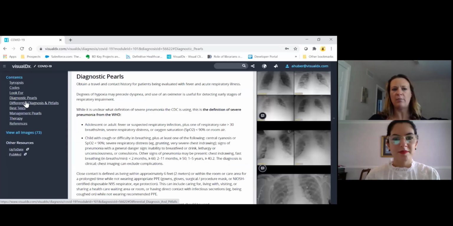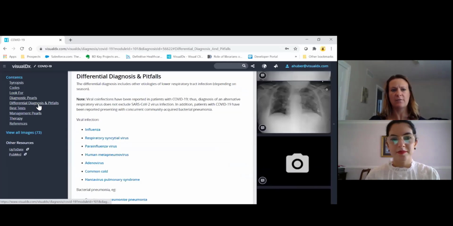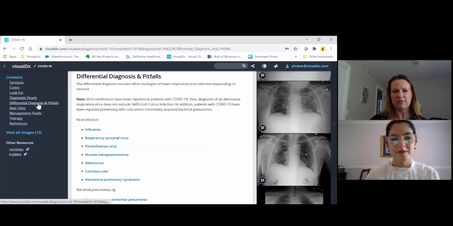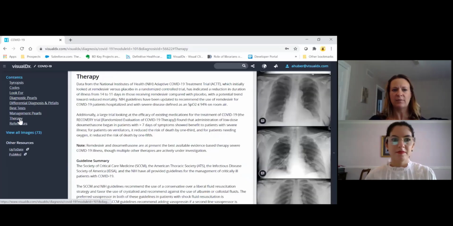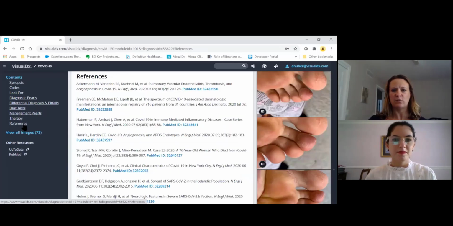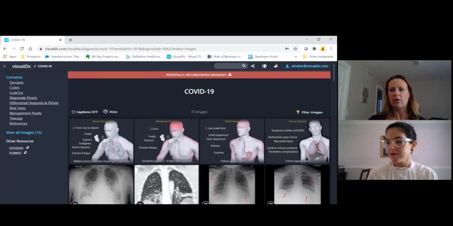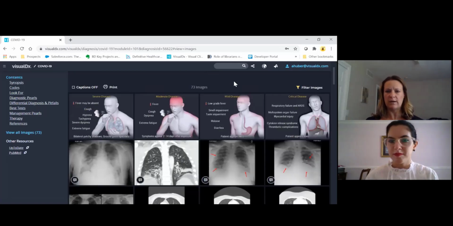So this is all pithy handbook-length text that's really easy to read at the point of care. You have your textbook differential, access to tests, management, and therapy. All of our references as well, all of our PubMed references. And I have to go ahead and show you our COVID images because we were able to source